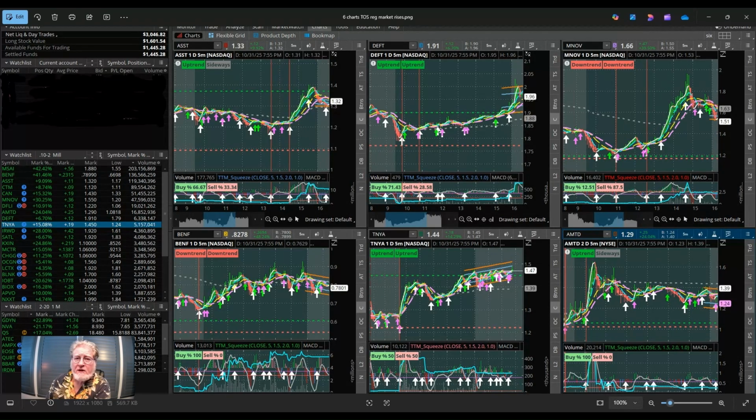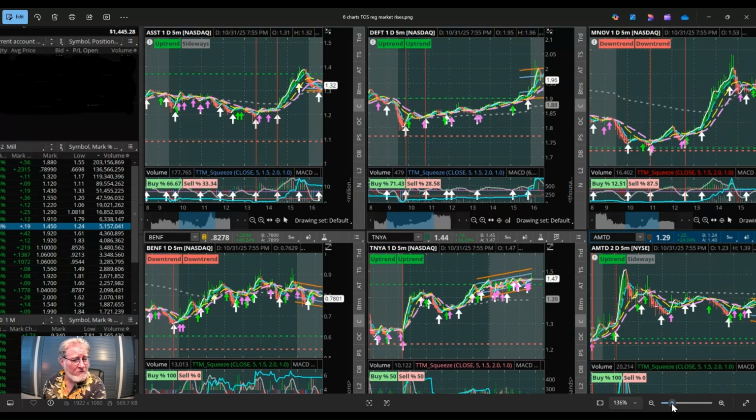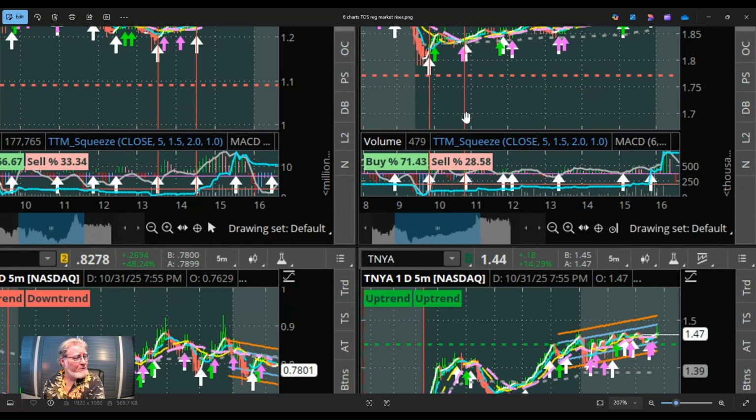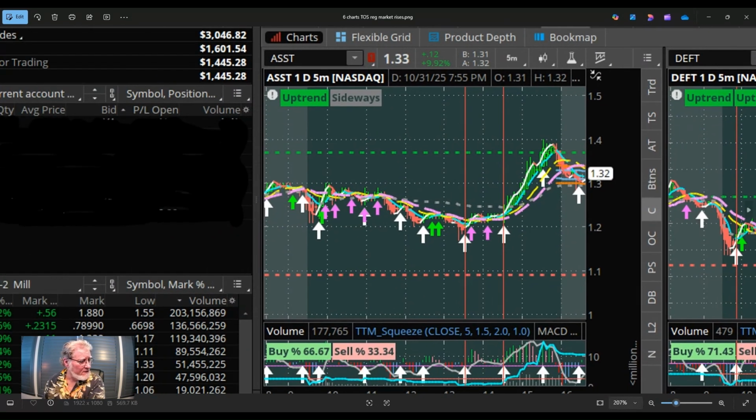Okay, now let me say this before I zoom in on those charts, that all of these charts are 5-minute charts. They're all Heikin-Ashi charts, and they all have the exact same settings, indicators, and the lower chart indicators as well. They're all set up exactly the same way. So I'm going to zoom in on this chart over here. Let's pull that over here so that we are now looking at